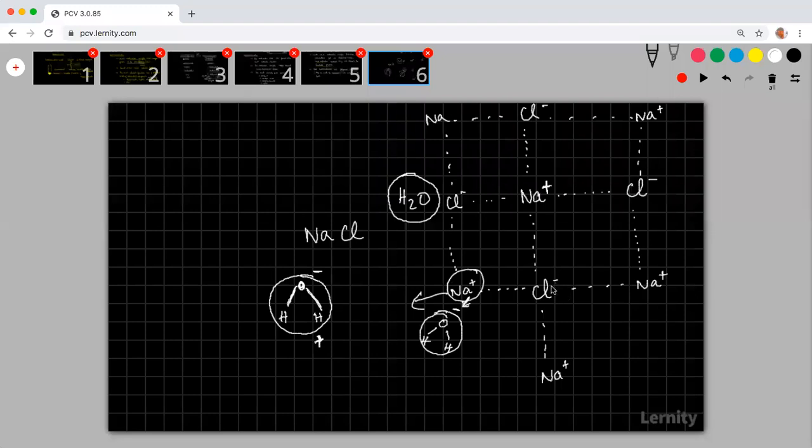And if there is one more water molecule, let us say this positive charge of this molecule will try to pull this chlorine away. So what is happening is it is breaking the lattice structure. It is split into Na plus ions and Cl minus ions without bonding. Since this water molecule is polar, it is trying to pull these things away. That is how it gets dissolved.